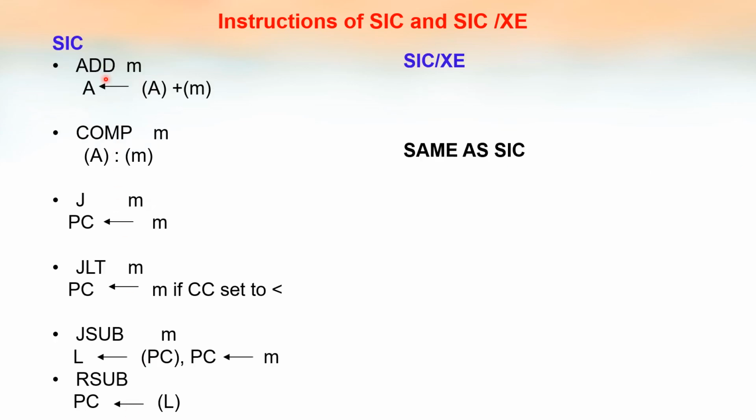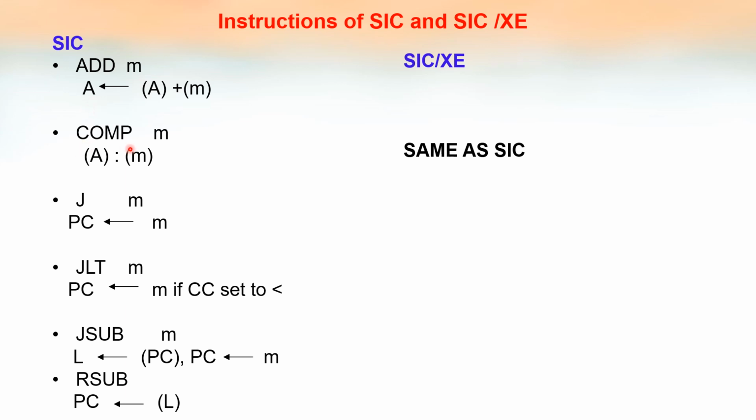Next, we can see the ADD instruction, which is an arithmetic instruction. Addition is a binary operation, so two operands should be there. But here we have given only one operand, the memory location M. So the other operand is in the accumulator by default. ADD M adds the content of the accumulator with the content of the memory address, and the answer is stored in the accumulator. Similarly, SUB M, MUL M, DIV M, all these instructions store the results in the accumulator.